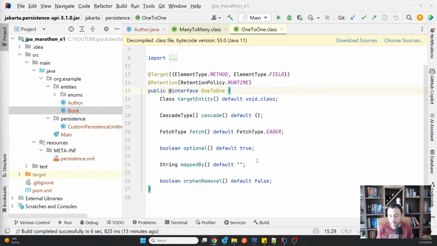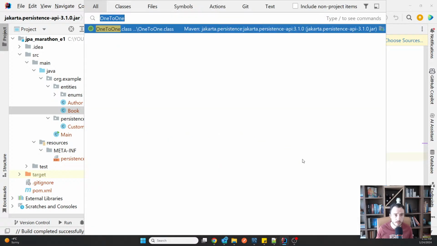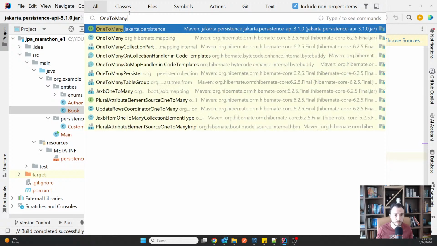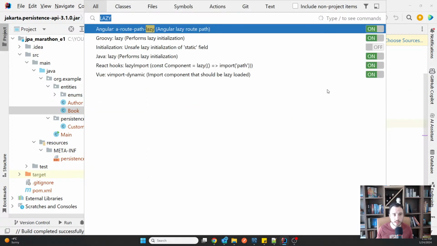If you would retrieve that by default, you might end up in situations where you go into out of memory issues and stuff like that. So the fact that collections like many-to-many or one-to-many are lazy, no, if I'm going to one-to-many, it will be the same. One-to-many, see, it's lazy, yeah? While one-to-one and many-to-one are eager.